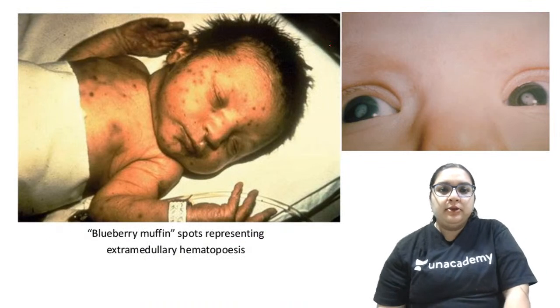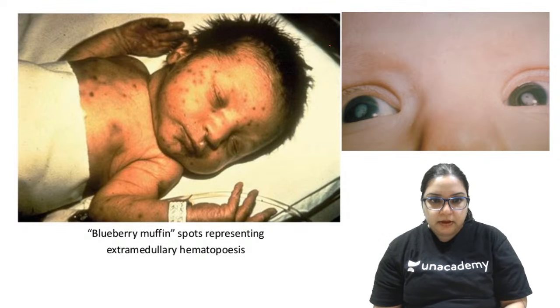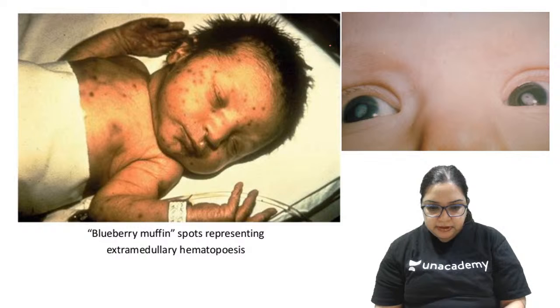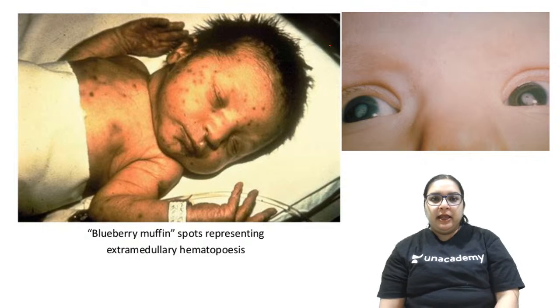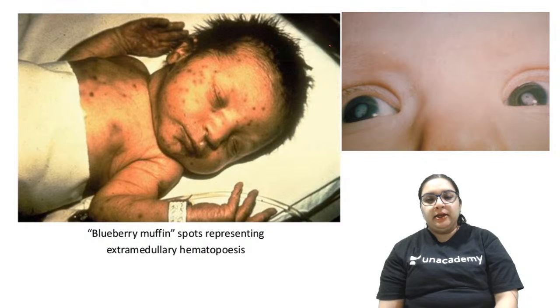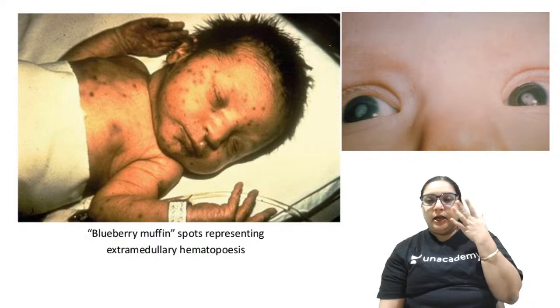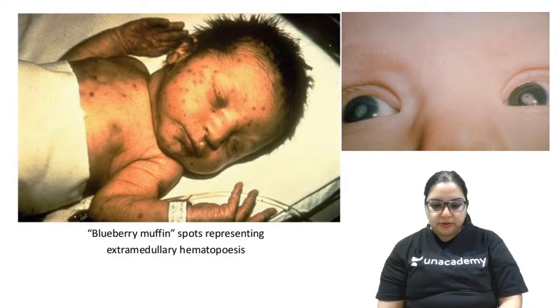Okay, now see this. This is the beautiful image of a blueberry muffin spot, right? You can see the cataract. The diagrams are clear. Can you all see this? I'll just flash this for some time so that you can have a good look at the diagram. This, along with hepatosplenomegaly, along with thrombocytopenia and presence of pneumonitis with an IUGR baby, should always give the suspicion of congenital rubella syndrome.